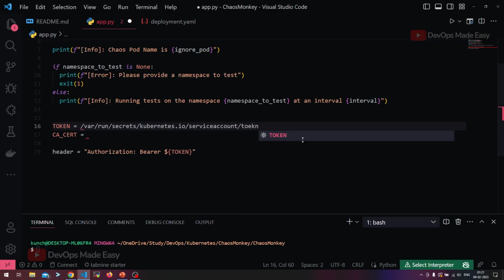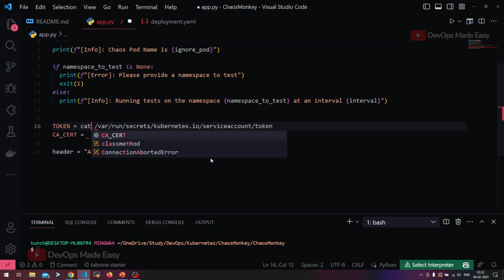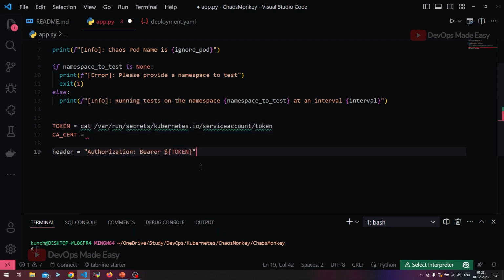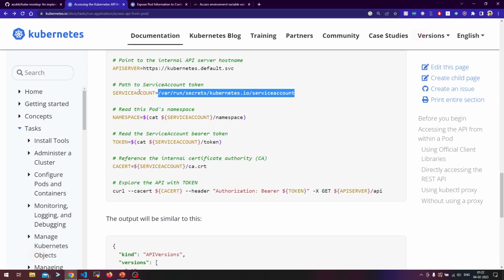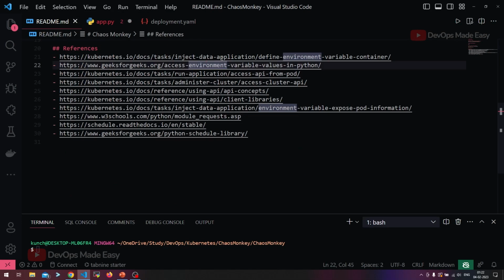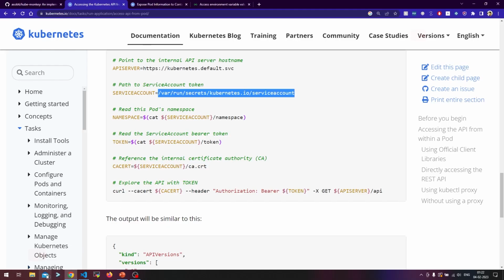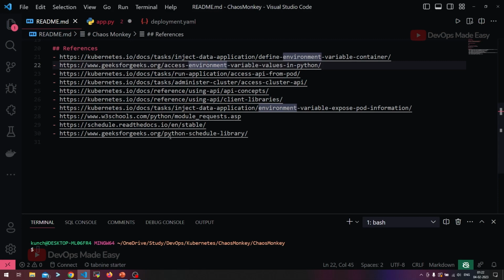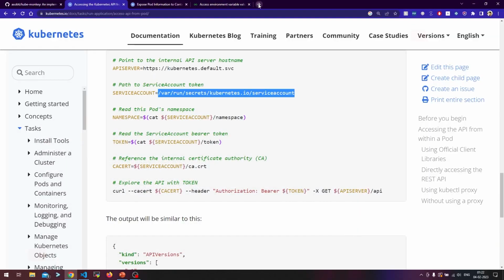So how do I read this and then store it back to the token variable? It is not like we will do cat and then get the value and store it back, because this is a Linux command, this won't work. So for this, I'm going to use the subprocess module, or subprocess library. The links are also given, I think, here. If it is not here, let me check again in the readme whether I've given it or not. I've not given it, so let's search for